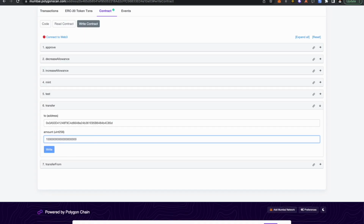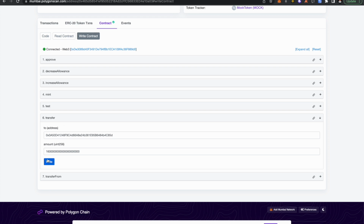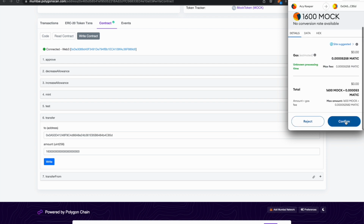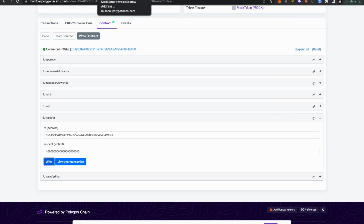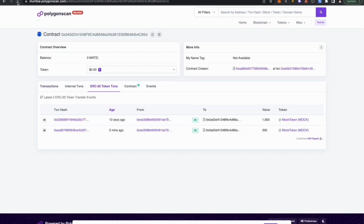I'm going to send a little bit more here. I'm going to send all this amount to the invoice, and I'm going to connect this to my account, send the transaction, and I'm going to wait here until I have received this in the smart contract invoice. So I have received the remaining amount here, which is around 1,600. But oops, I think we need more money to complete the